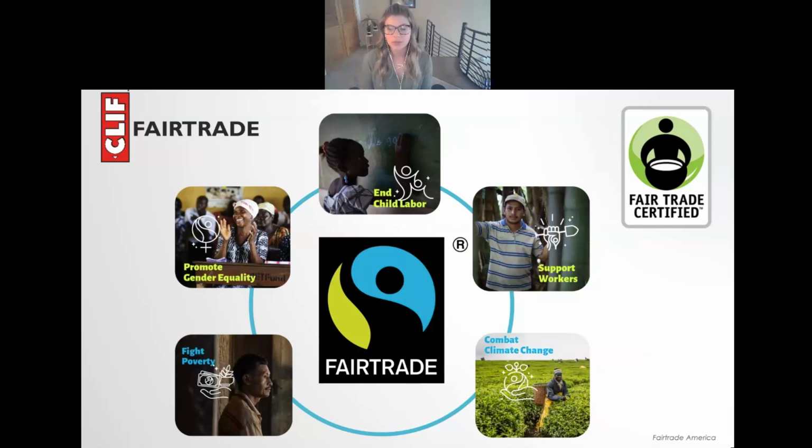Fair trade certification means farmers and workers were paid at least the fair trade minimum price, which is a safety net for farmers when prices fall so that they can cover the costs of sustainable production. Small-scale farmers can face decreasing harvests due to extreme weather and challenging conditions brought about by climate change. This results in income loss, and it makes it really difficult for farmers to adapt their farming practices or invest